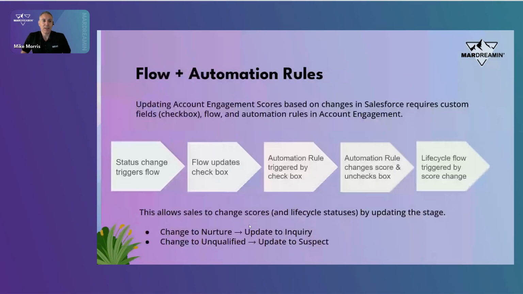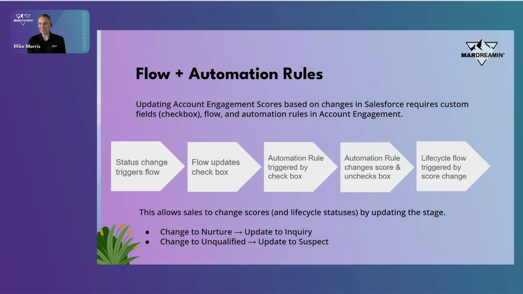What we're going to do here is use a flow and an automation rule inside Account Engagement Studio to make this work. We're going to create a custom checkbox inside Salesforce. Once a lead is moved to a nurture status or to a disqualified status, we're going to check that checkbox. When it syncs over to Account Engagement, it triggers an automation rule. The automation rule will then degrade the score and uncheck the box, kind of resetting it for the next record. And the action of that score change inside Account Engagement will trigger our first flow, which will again